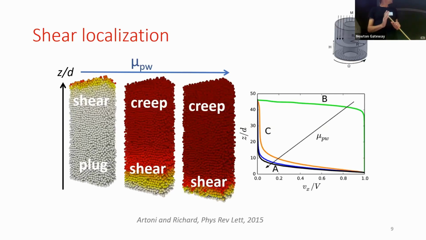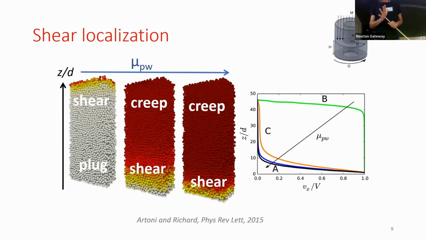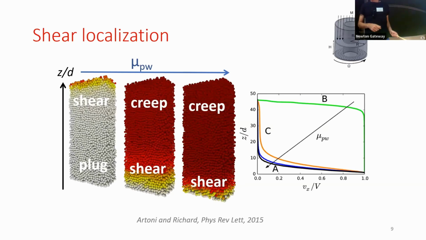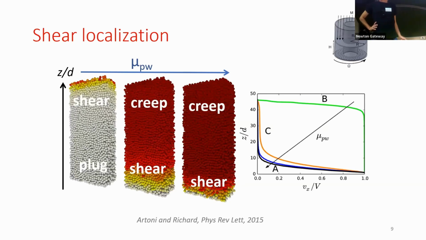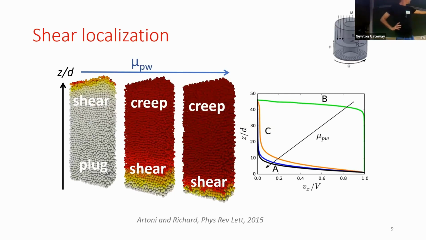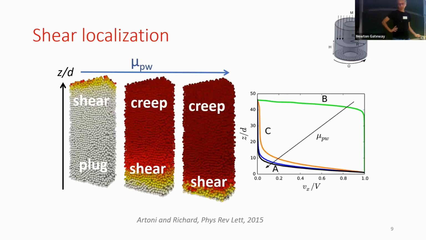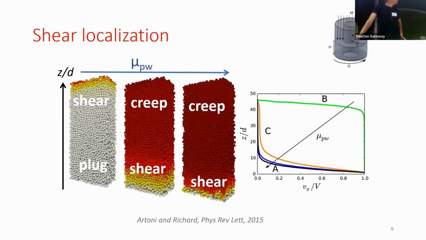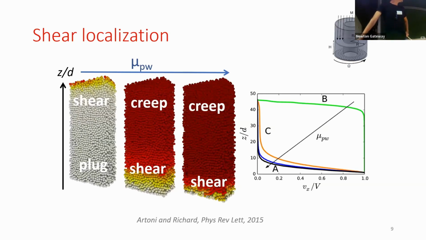What you observe is the velocity profile, which you can see on your right, with the vertical position and the velocity. With very low grain-wall friction,